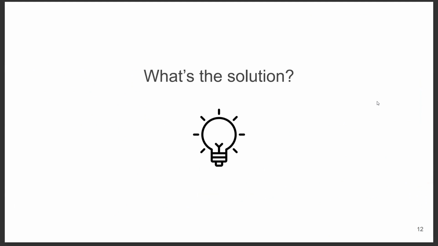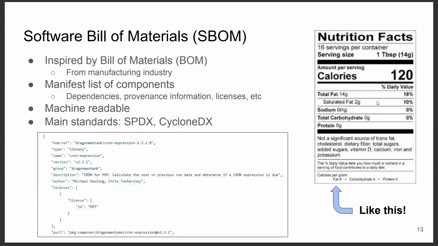So what's the solution? What can we do about these problems? Well, as you might have guessed from the title of this presentation, SBOMs offer a really good solution here. SBOMs standing for Software Bill of Materials. And really, in a nutshell, you can think about these as the nutrition fact blocks on a piece of food. Just like how these nutrition facts tell you the ingredients that are in what you're going to eat, an SBOM is going to tell you all the different components and dependencies that are in a software